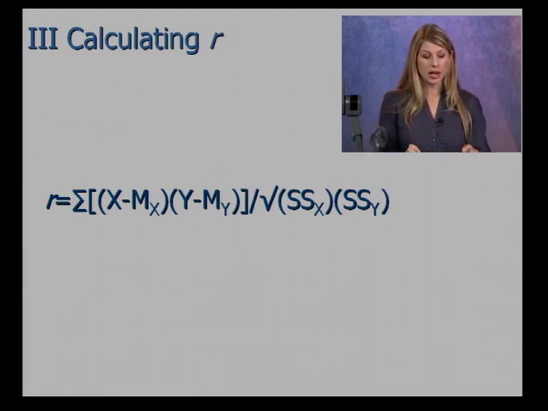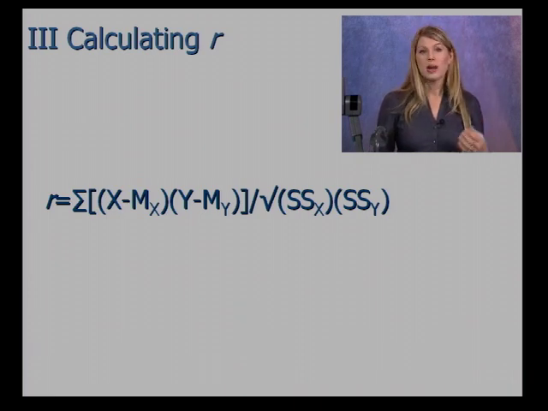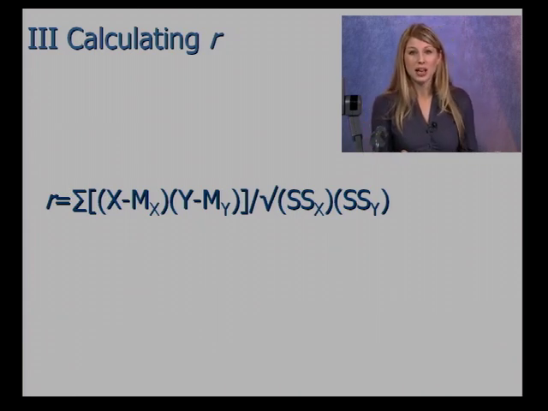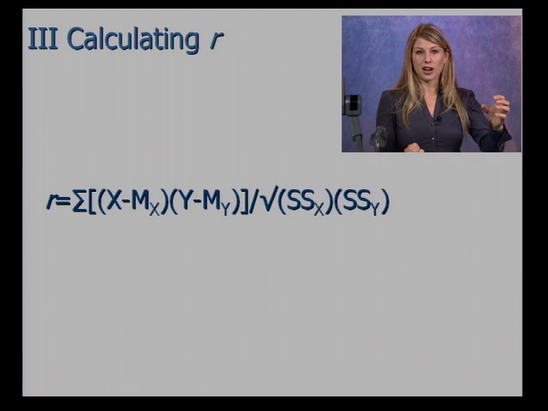So let's look at the formula. X, that's the score of X, minus the mean of X. So first you have to take all of your variable X scores. So let's say hours that you studied was your variable X and the score on the exam was Y. So you would take hours studied, find the mean, and then take each score for hours studied, subtract it from the mean. Essentially, it's like a z-score. Subtract it from the mean, and then you take it and multiply it by the Y variable's z-score for that